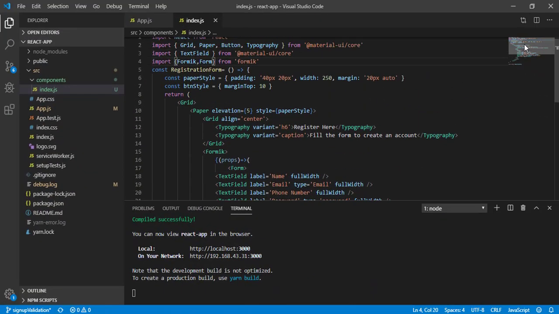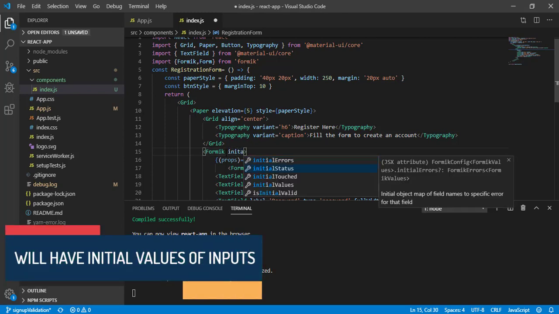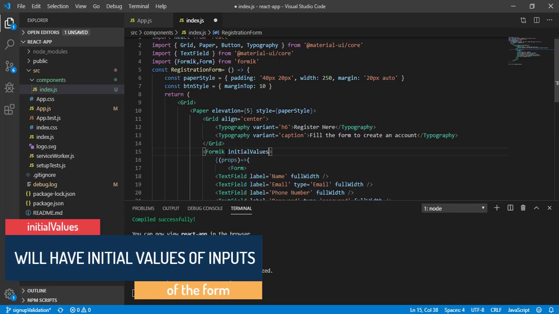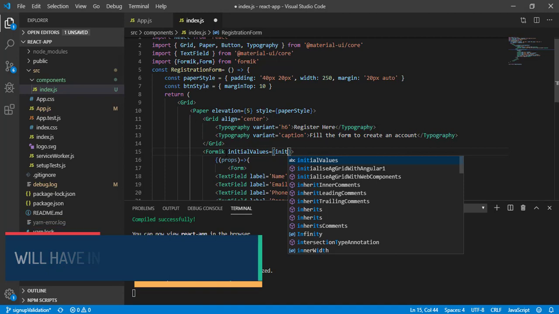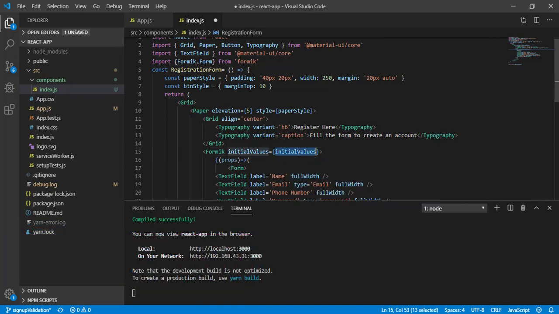We need to provide some props to this Formik component, and the first prop is going to be initialValues. Okay, so here I will write initialValues, and let's define the value as initialValues and create this value here.